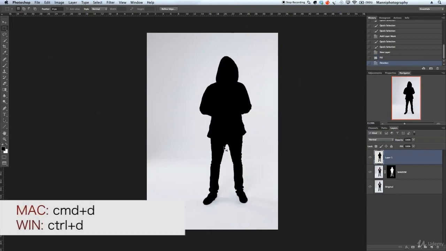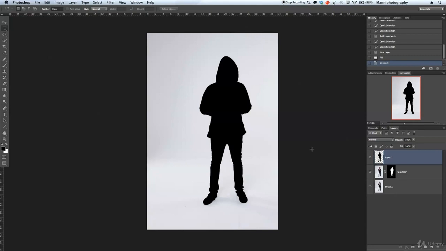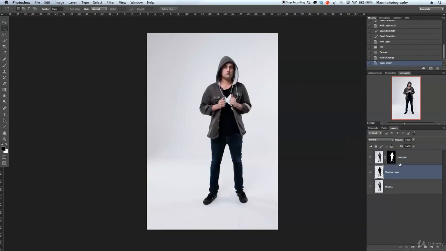Okay, so press Command D, get out of that selection, and now what we want to do is basically drag, or first of all, just rename our layer here to shadow. I'm going to write the shadow layer, okay, and now what we want to do is take the shadow layer, move it underneath of our mask. So let's maybe double click on here and just write mask,